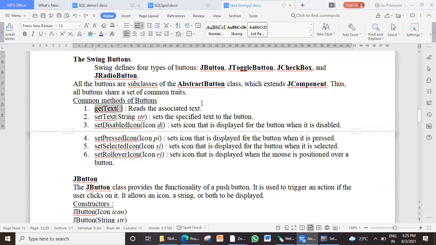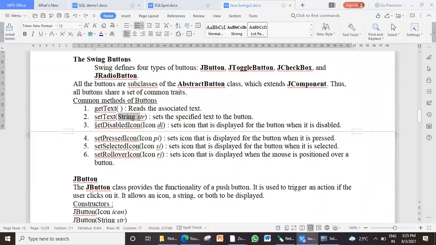It fetches the text from the component and you can assign it to a variable. What does setText do? It assigns. In this case, you have to pass the parameter, whichever text you want to specify or set, to the button.